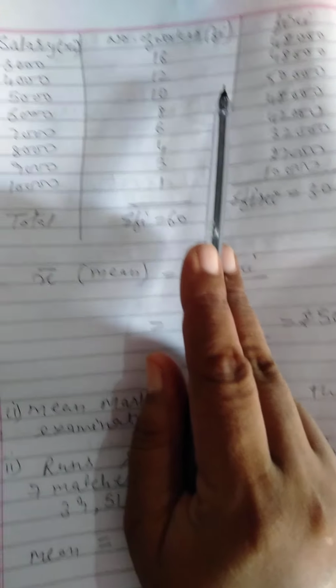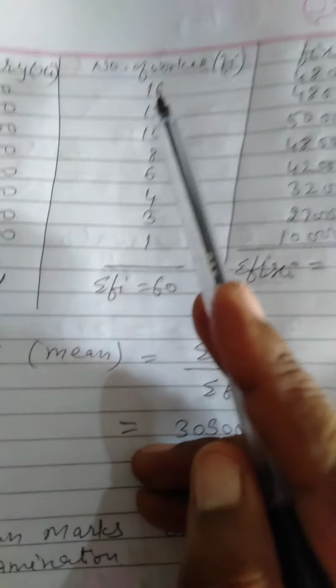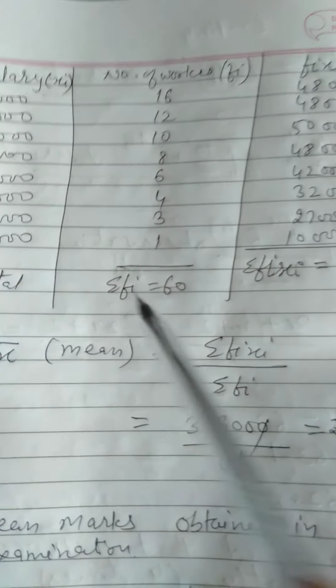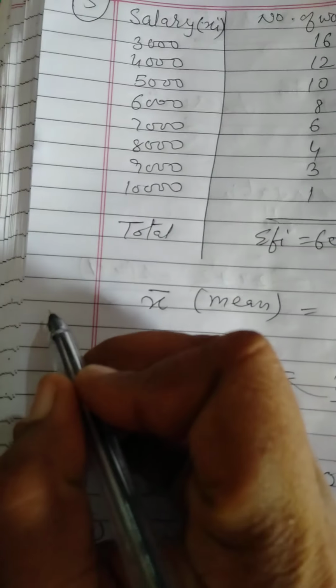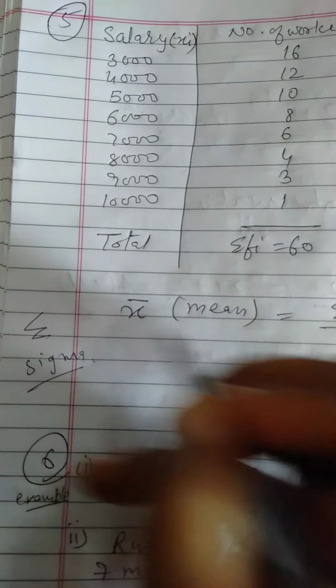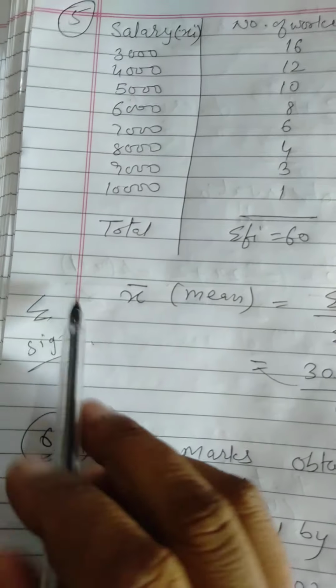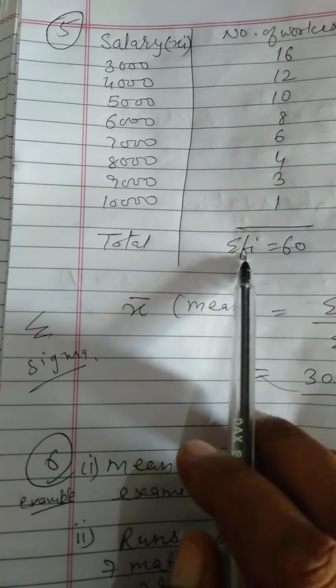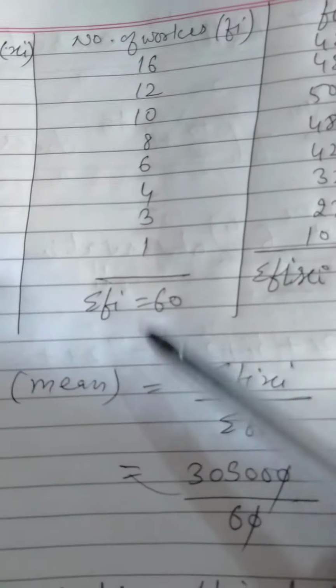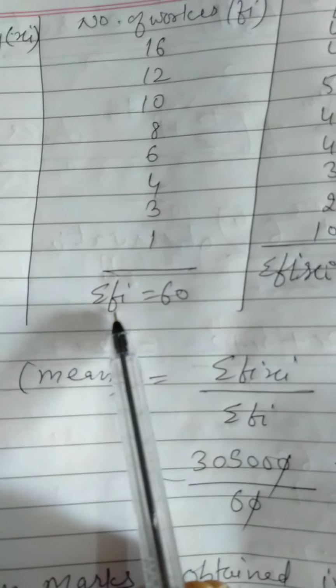It is not something that we have to understand in detail, we have just been given this frequency. Let it be total, that is, this is the sign sigma, students. This is new for you. This is the sign sigma, and it is used for the sum, right? The term in front of which this is written means we have to do the addition. So add these numbers, you will get 60. We have added the fi's.